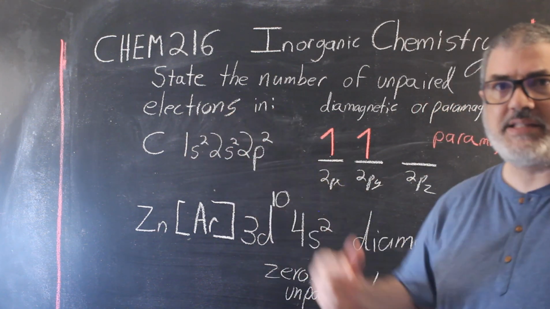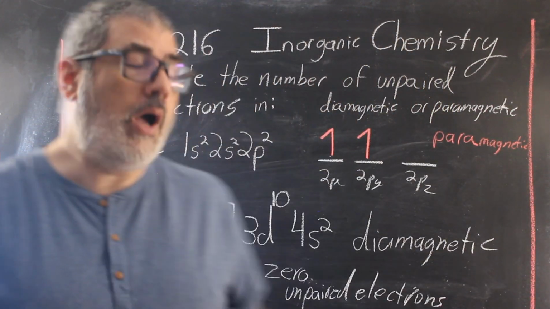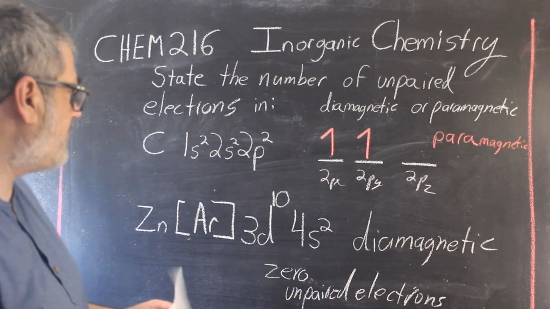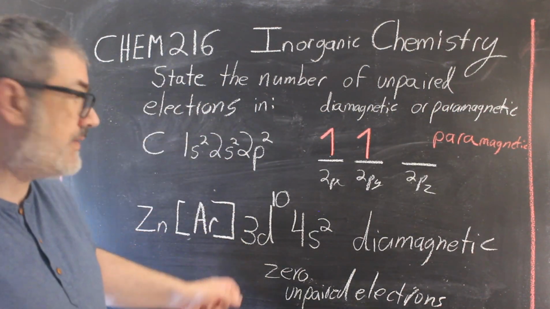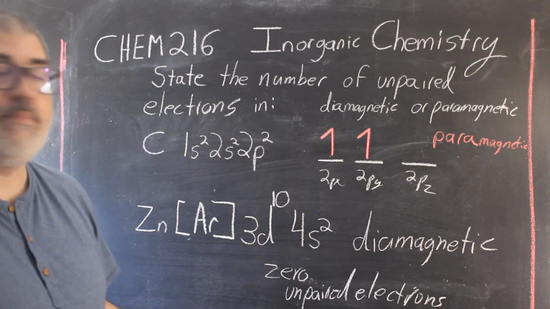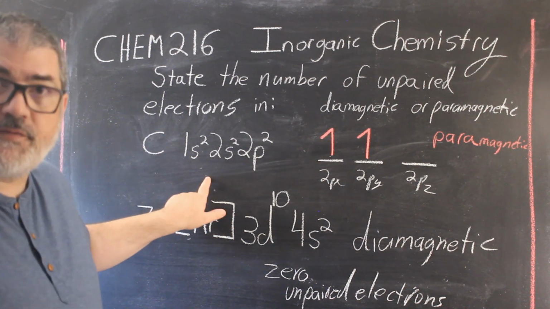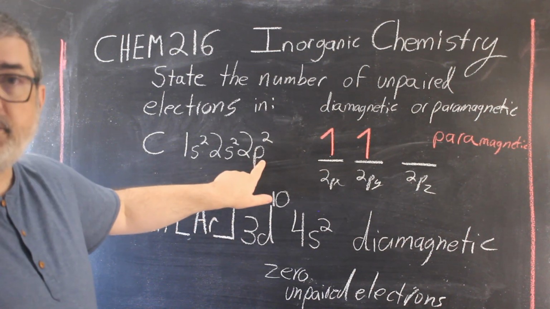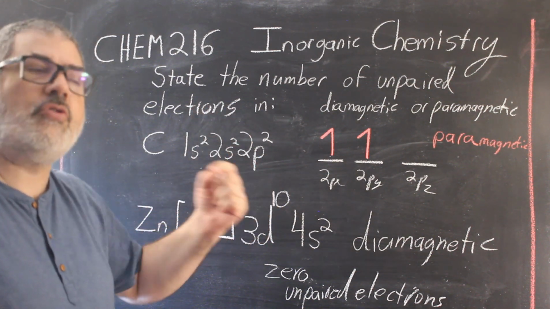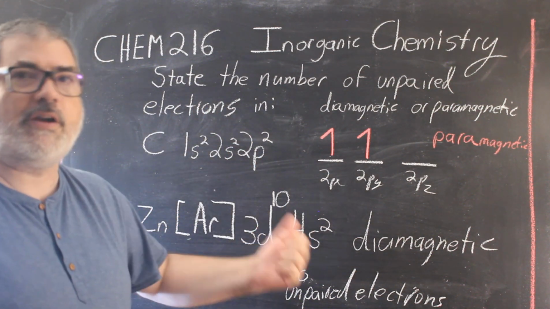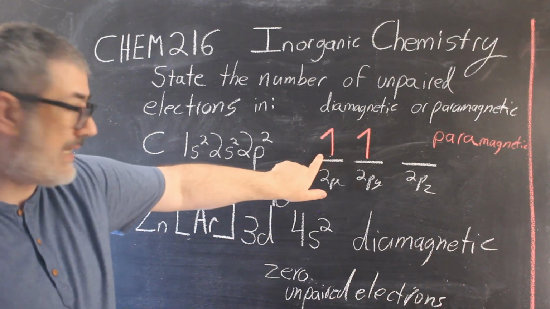So again, that's foreshadowing the future. It is critical to be able to write these electron configurations and then understand what they mean from an electronic point of view. And the reason I chose carbon for this example, you see 2p2. 2 is even, right? So you might say, well, it's an even number, therefore it is diamagnetic. But as you can see by inspection,